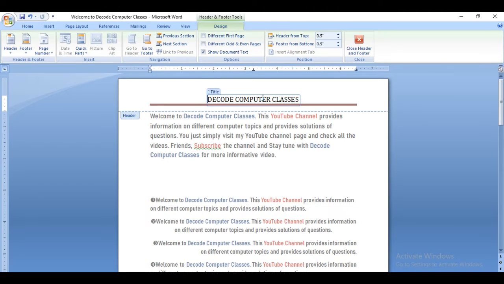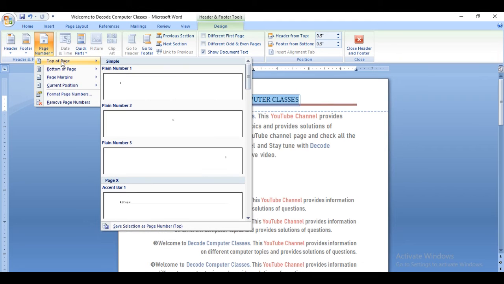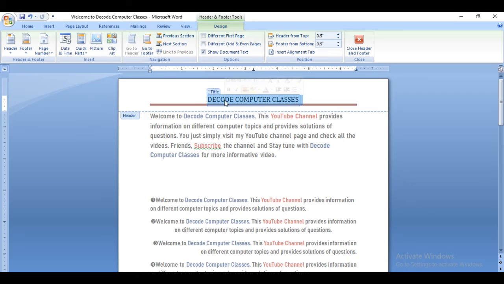And of course you can edit the header as well by double clicking on this. Okay, and again all the changes you can apply with the different settings. In the design tab you can see different types of options you can avail from that ribbon. Okay, and here you can see again you can insert a date as well, you can insert the page number as well as a header.